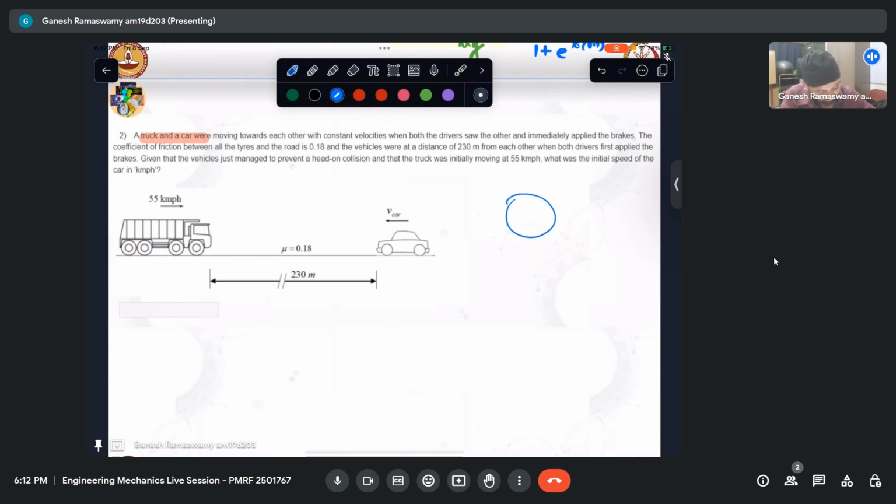So let us take this to be the tire, and then there is some mass that is acting. Take it mg, and then we know that the road will apply a normal force N, and let us take it that it is moving to the right. So friction is trying to oppose this. So I'll take it that this is essentially mu N in the limiting condition,